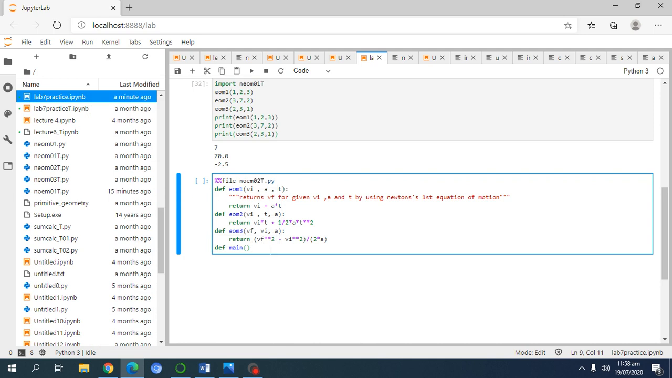Here I defined a main to test the result of a module. I assign the values, let's say